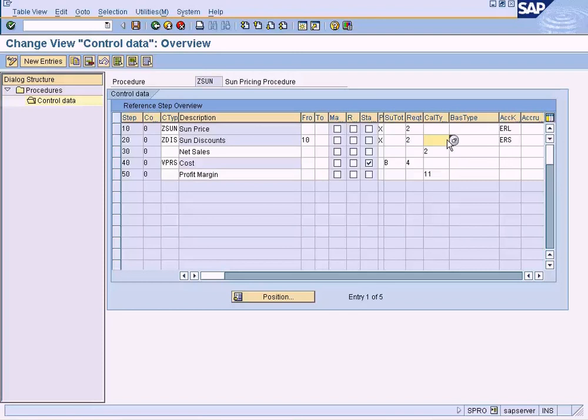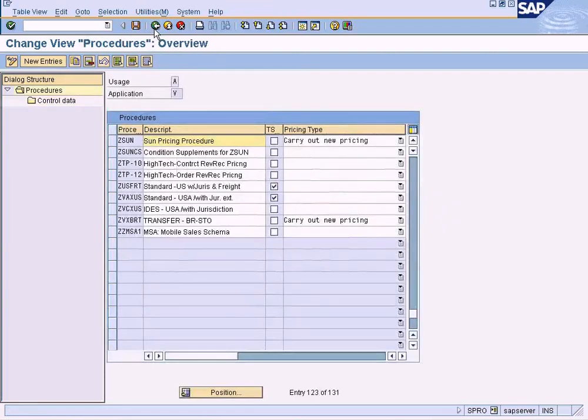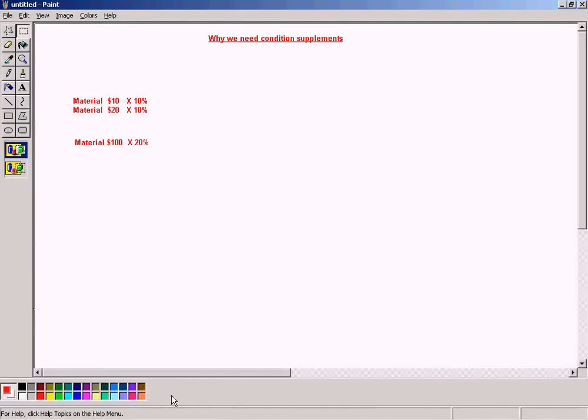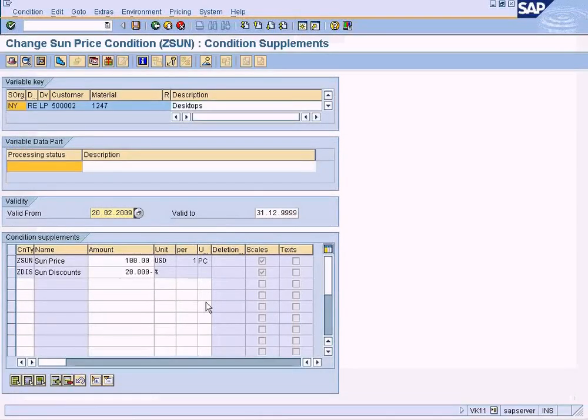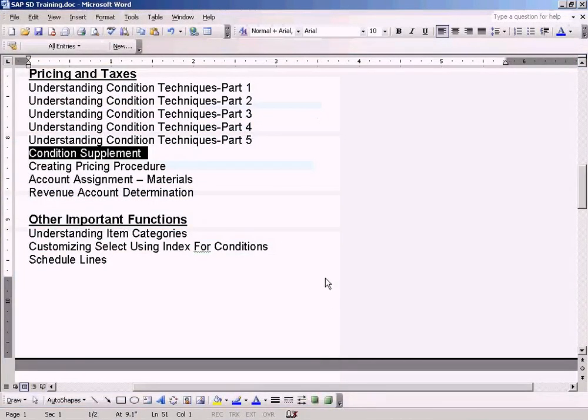So therefore we can make use of the condition record scaling there in order to achieve what we want to achieve. So there are other options to actually specify a discount based on scale, to actually write the ABAP code and assign it in the calculation type and base type here. But that will not be a good practice. It's not part of the